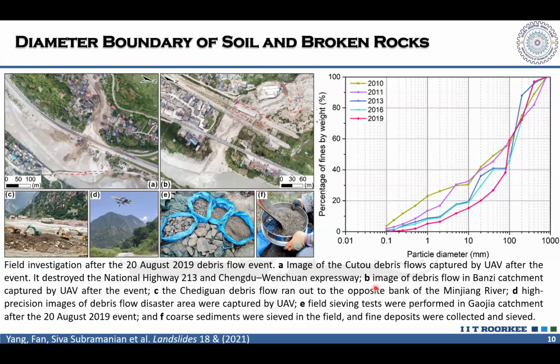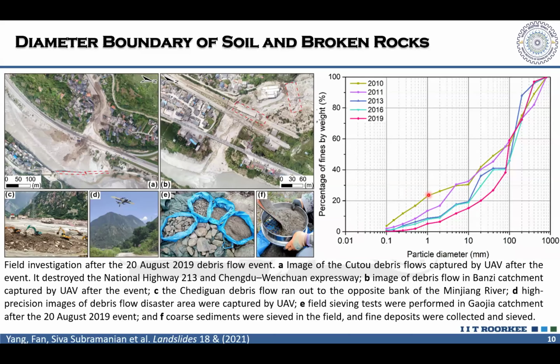So here are different debris flow deposits characterized in terms of a normal grain size curve as per USCS classification. You can see them through different years. This sampling we did during my postdoc time in China. In addition to the sampling that is possible by us, we fly drones to map the larger part of the sediments, and some in situ sampling is done, as well as some laboratory-based sampling.